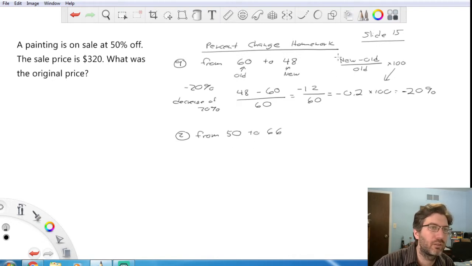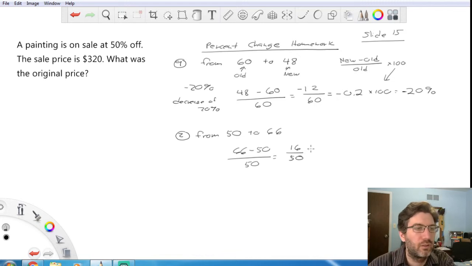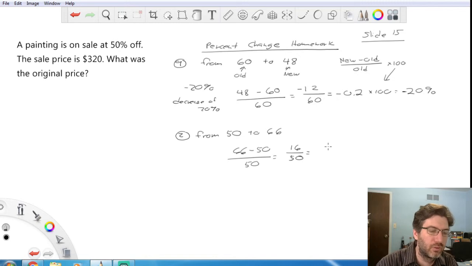Two to 66. Here, again, new versus old. New is 66 minus 50, all divided by 50. 66 minus 50 gives you 16 over 50. And that equals 0.32. Multiply that by 100, and you get 32%. So, Catherine, if this was actually number 9, this would be